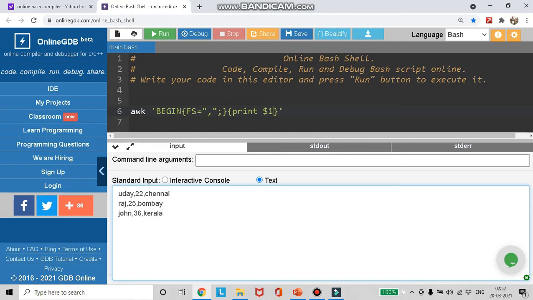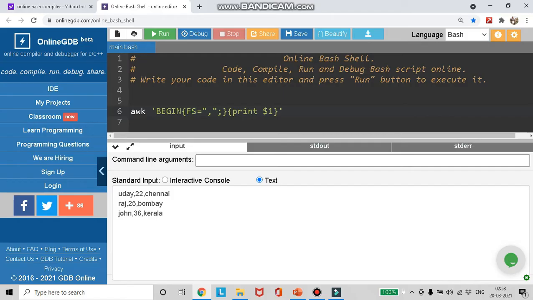What is the thing that is separating these fields? It is the comma. So this comma is known as the field separator. The field separator is an inbuilt variable. We specify it in the begin block using the variable called FS. We cannot change this name. We specify it as FS is equal to comma.